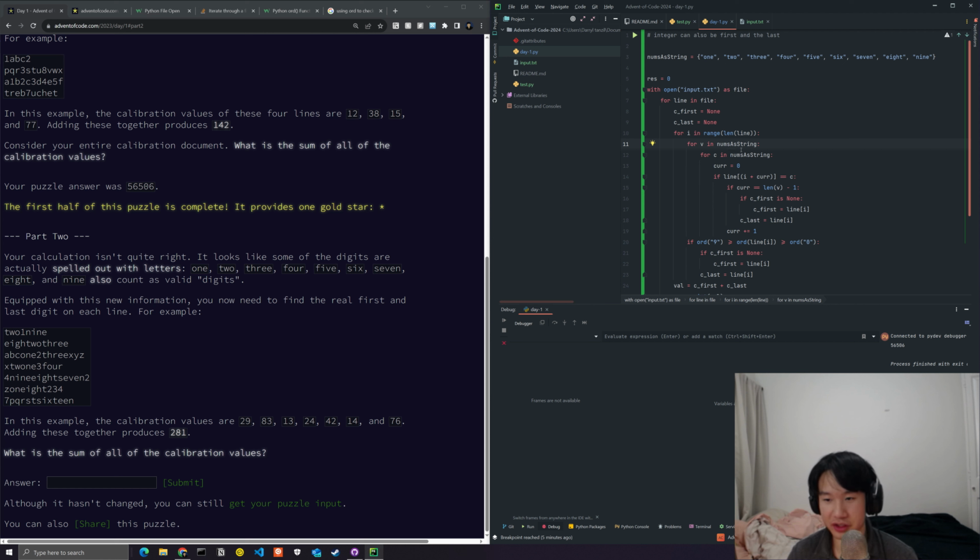Yeah, so for every single character in numsAsString, you want to check if that current item, if line at I plus cur is equal to C. If it is, then we check whether or not it's the very end of the sequence, and we return those values if it is. Otherwise, we just keep iterating cur forward by 1. If we go ahead and run this,